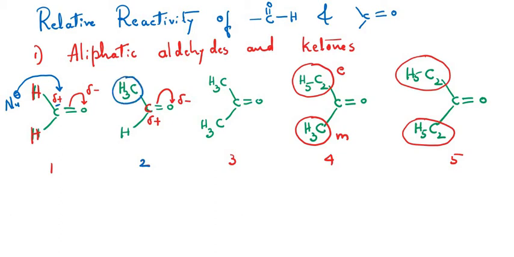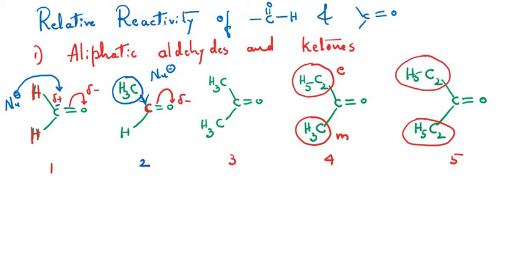So it is an electron donating group. This methyl group will be giving electrons to this carbon atom, due to which we can say that this partial positive charge will be diminished. So once the partial positive charge is diminished, then the nucleophile will not be attacking, or the rate at which the nucleophile is going to attack that carbon will be lower. So therefore, the greater the number of alkyl groups, the reactivity will be decreasing. Why? Because any electron donating group will be decreasing the reaction. That is the nucleophilic addition reaction.